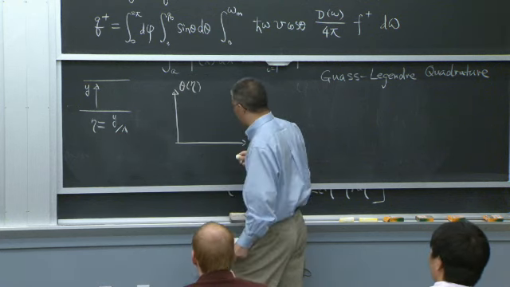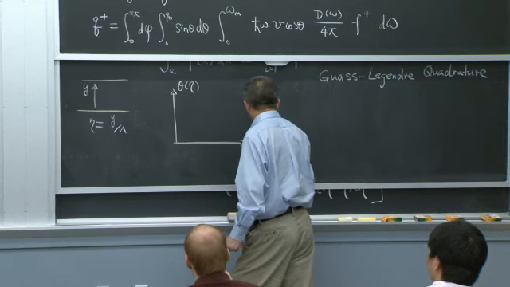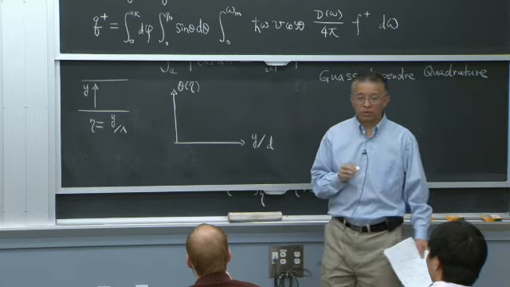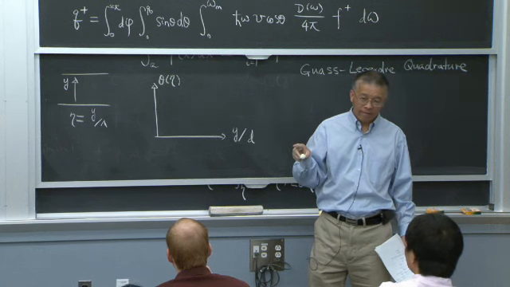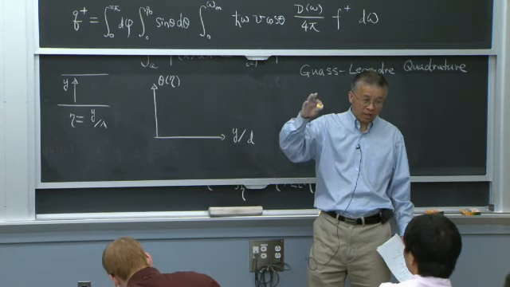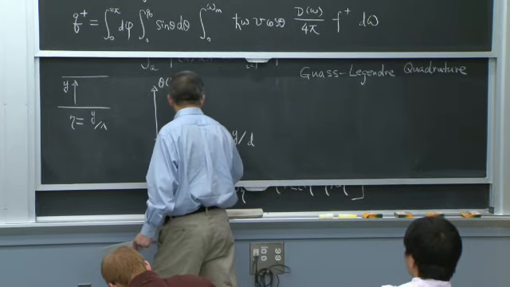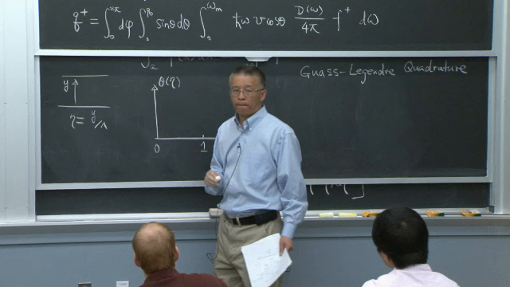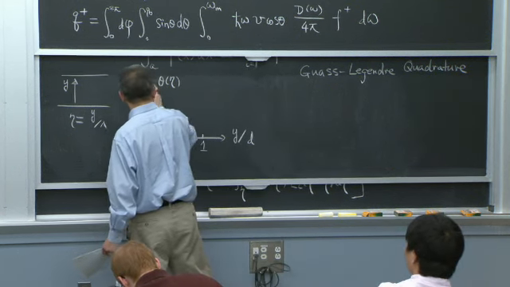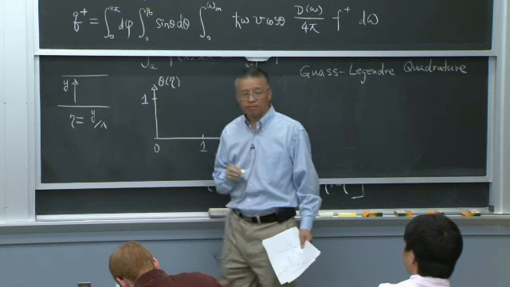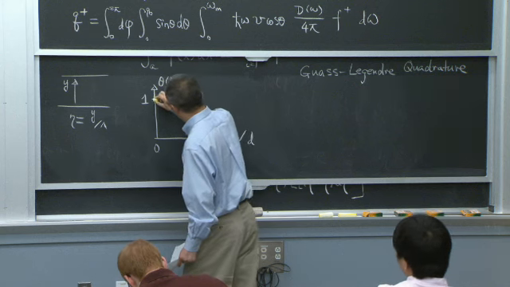Here is a little bit confusing. What I'm going to do is y over d, so that I can plot all the lines between 0 to 1. Okay, d is the thickness of the plate. So I have 0 to 1. Okay? And this non-dimensional, the maximum is 1 and the minimum is 0. So one solution,